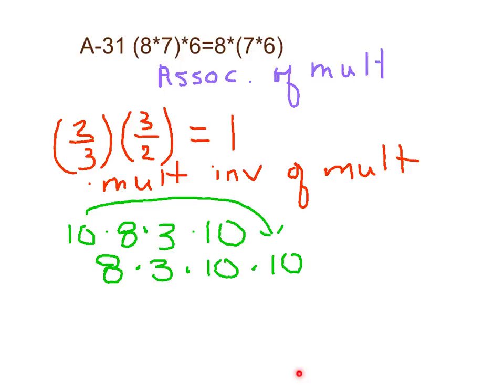And now, of course, this becomes a very easy problem. This is 24 times 100, right? Which gives me a 24 and then 2 zeros. All right? So I'll probably ask you something about